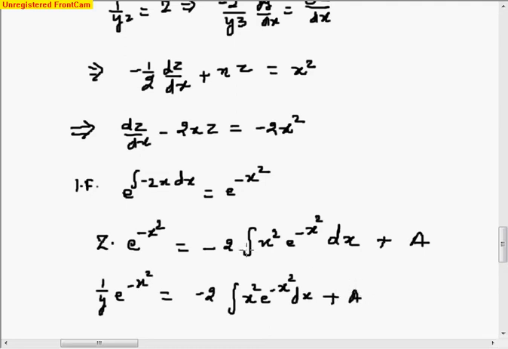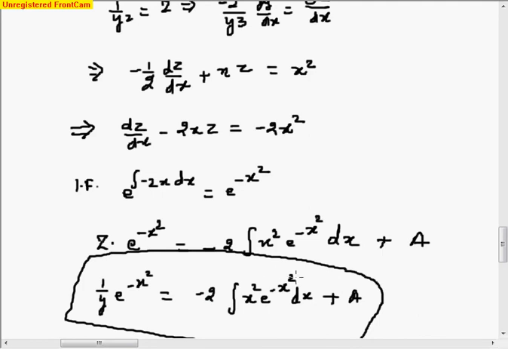So, sometimes you may get an integral which you are not able to exactly find out. So you can leave that thing as such, right? Not always. If you really think that you will not be able to find this integral, you can at least reach up to here, right? This you can find, obviously. This is some gamma function, but I don't think that is right now in your syllabus, so you can leave it like this.